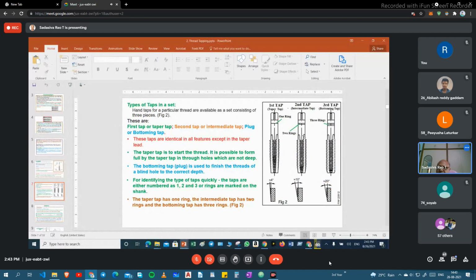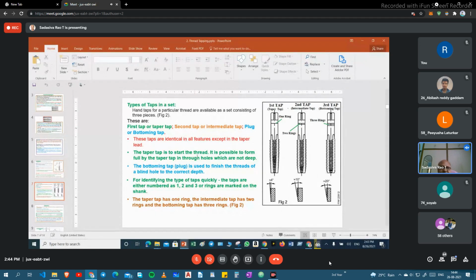Second tap means 2 rings are there, markings on that. And here 3 to 5 teeth are tapered. And the third tap has 3 rings for identification purposes only. Here a slight taper will be there.